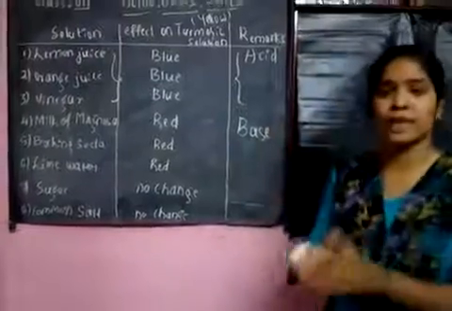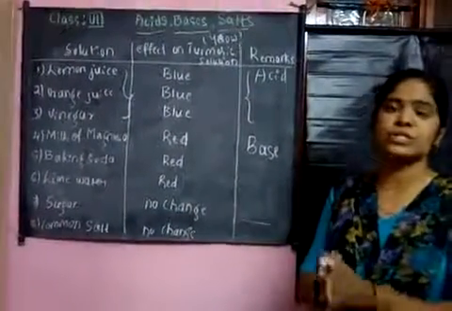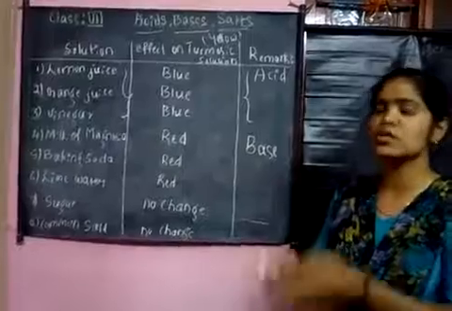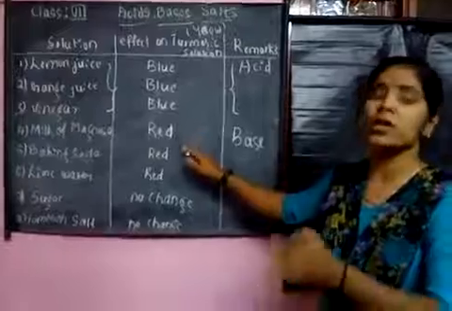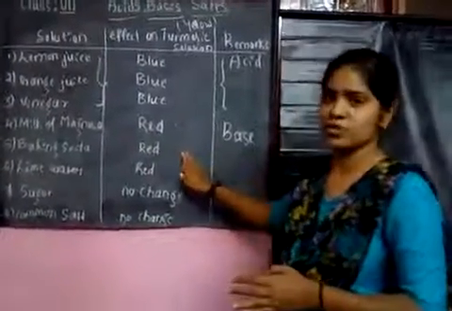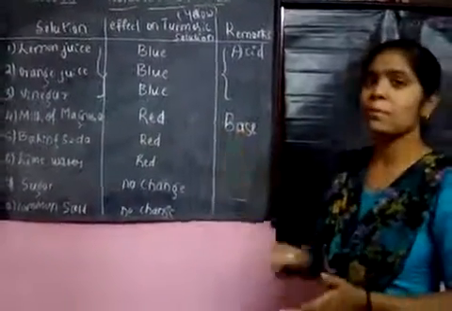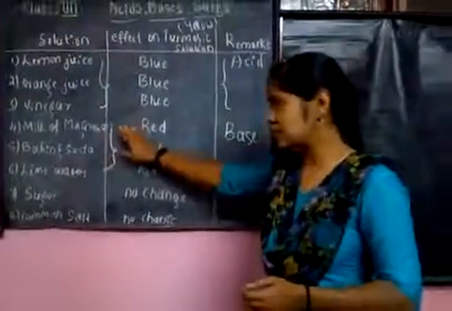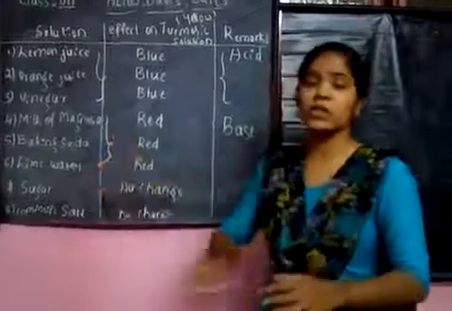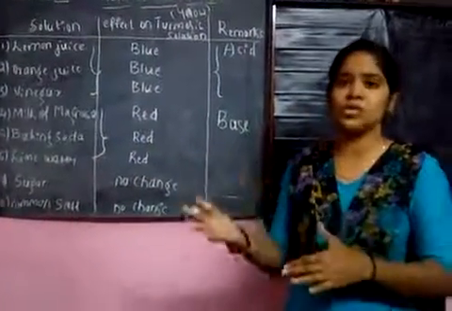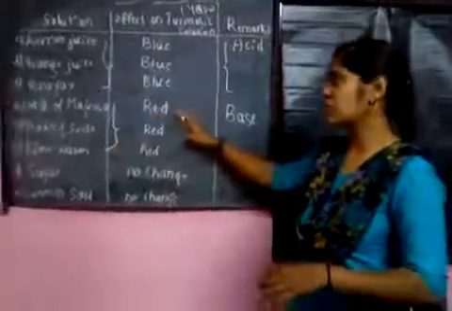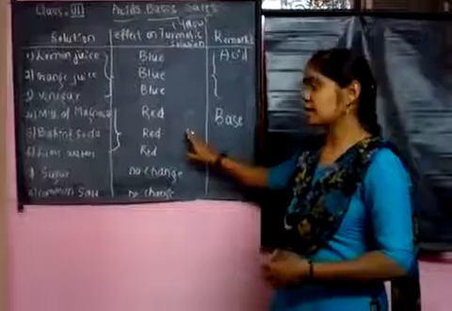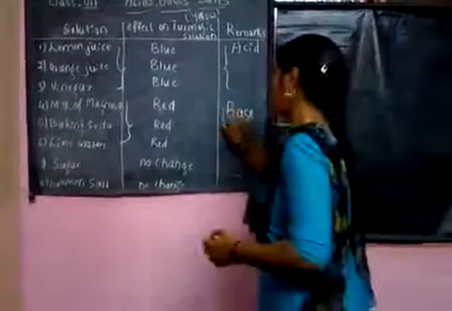So from this we can say that any material which is rich in basic conditions turns the turmeric solution, that is yellow, into a red solution. That is the basicity of the material. Examples of basic materials are milk of magnesia, baking soda, lime water and shampoo solutions. These are rich in basicity. So those materials change the turmeric solution into red. That shows the presence of a base.